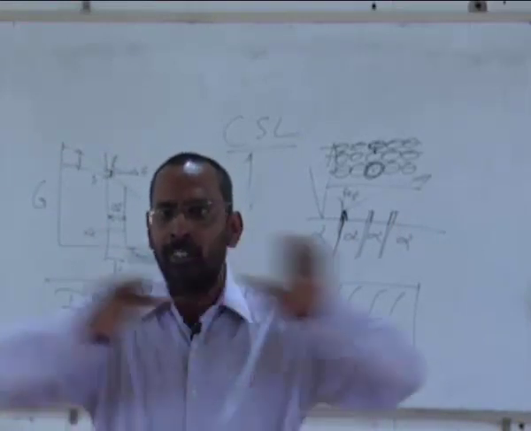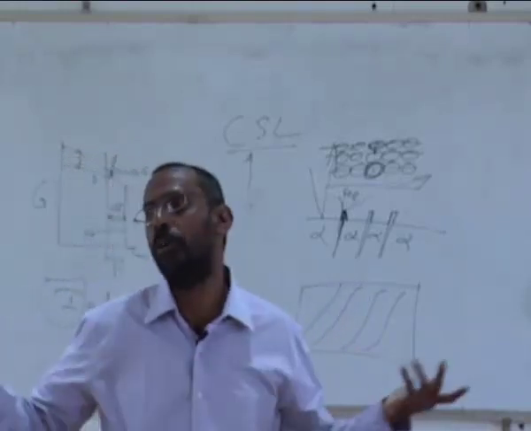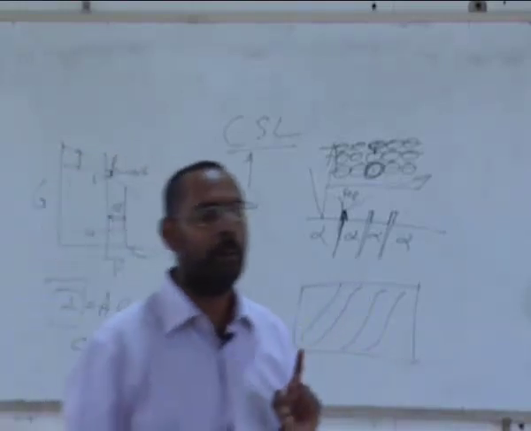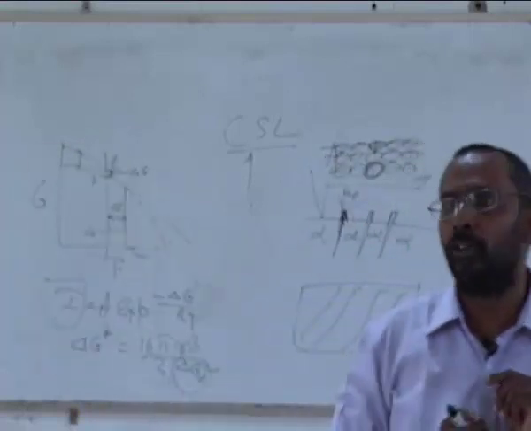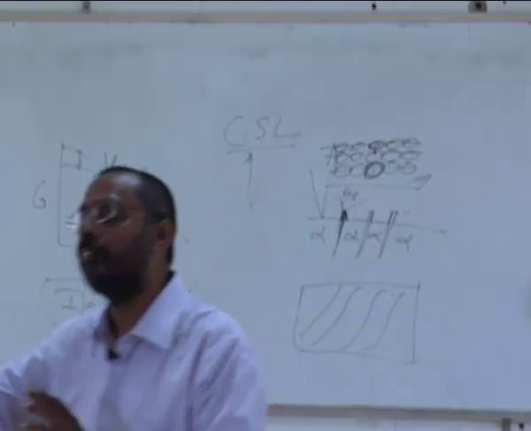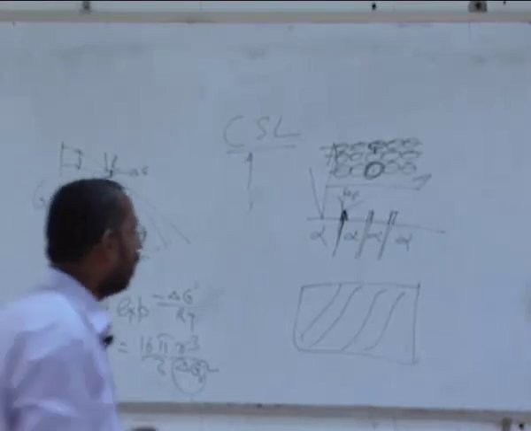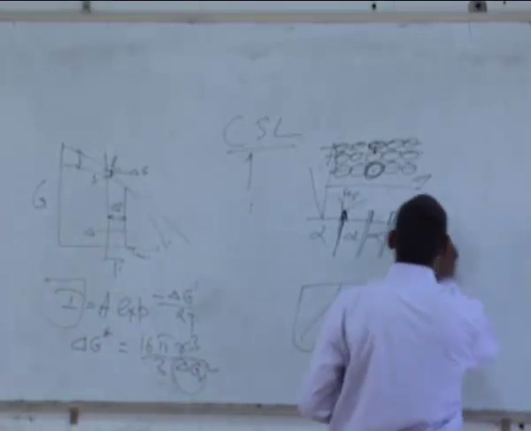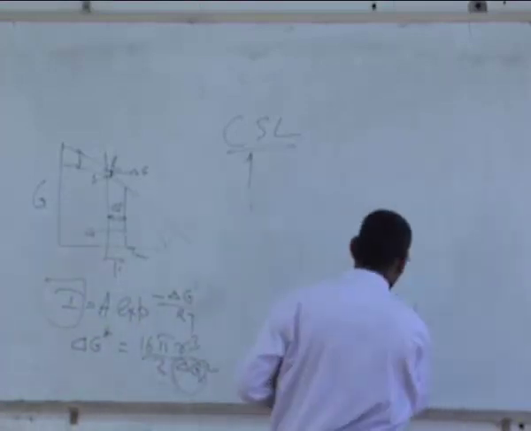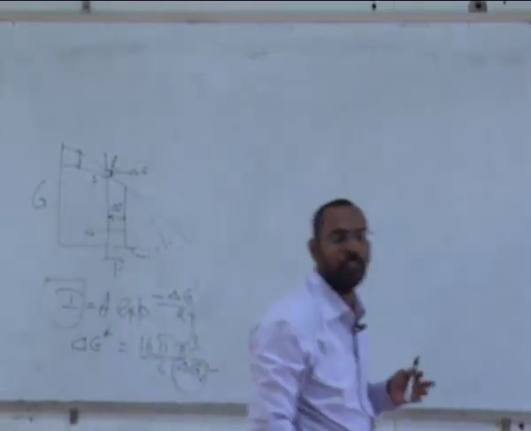Okay, something which is flat looks bright, something which is deeper like a crevice will look black. This has to be remembered, because when we go to another microscope called an electron microscope, the whole contrast theory is slightly different. We'll come to it a little later. So you need to understand that this is how we will be able to see various features, and with this we will be able to understand what kind of features can be seen. So without etching you will not be able to see a microstructure.